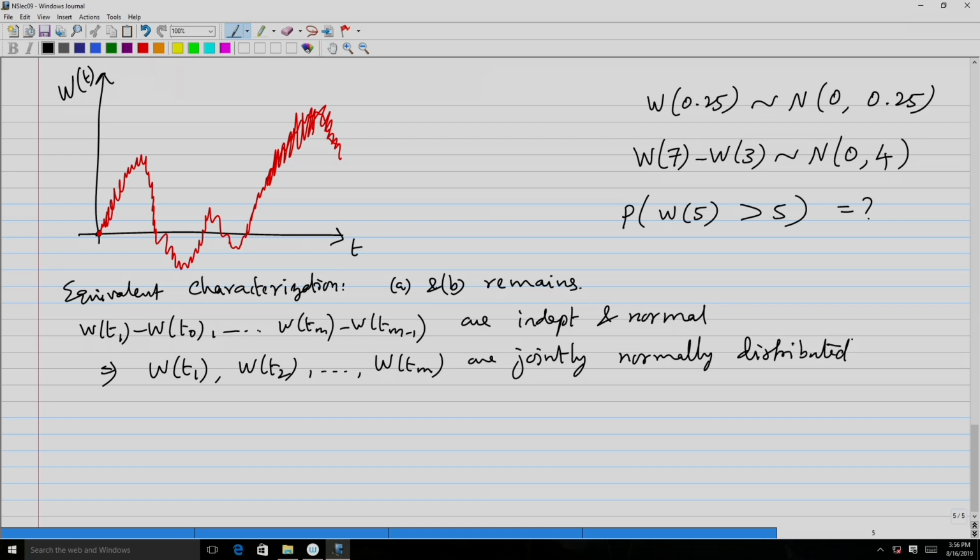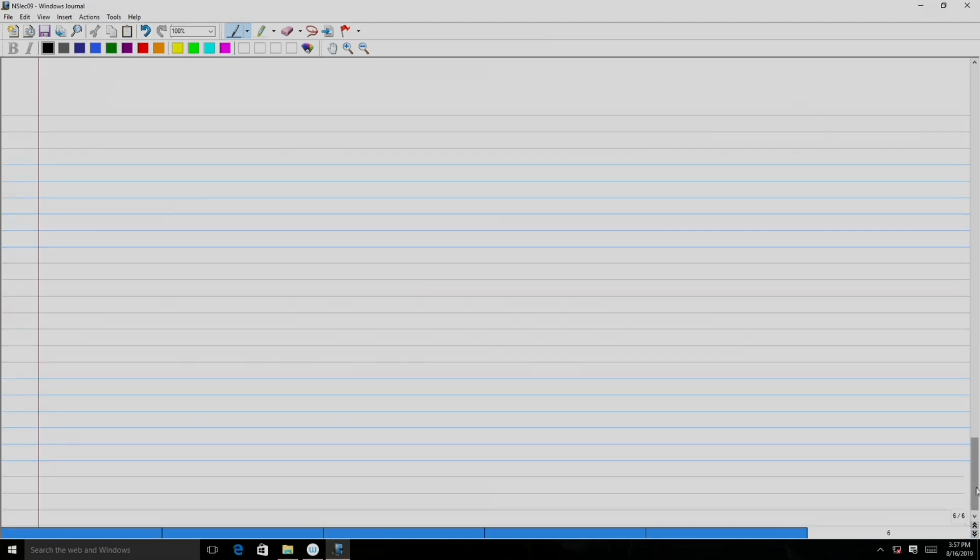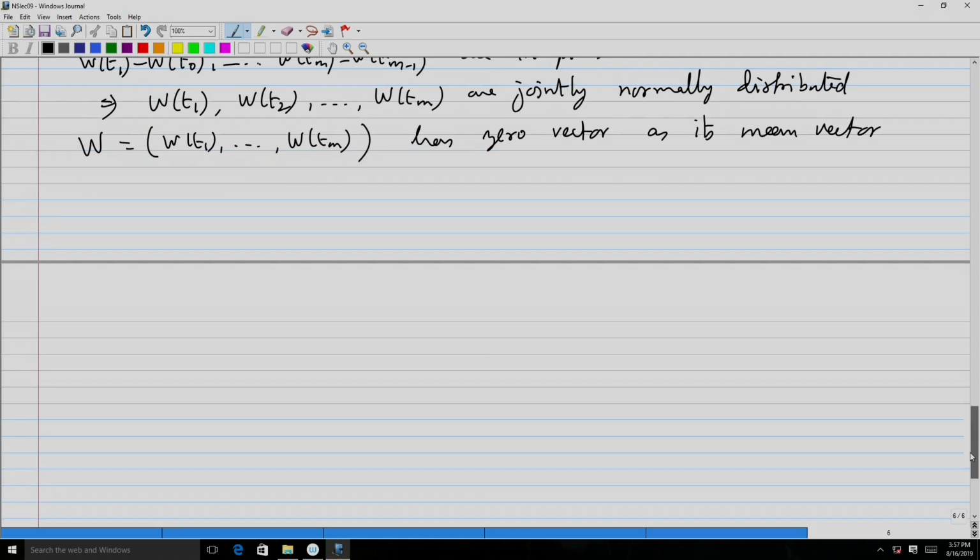These are jointly normally distributed, and this vector W, which is essentially W(T1) and so on up to W(Tm), has a 0 vector as its mean vector, because each of these random variables has 0 mean. Now, we only need to know the variance covariance matrix, and to get that we just compute: